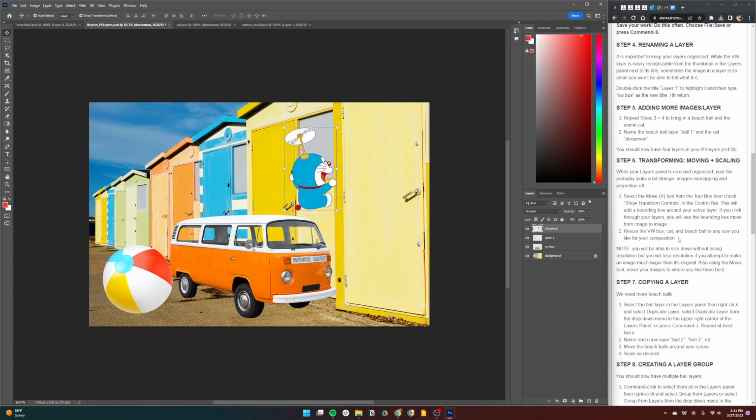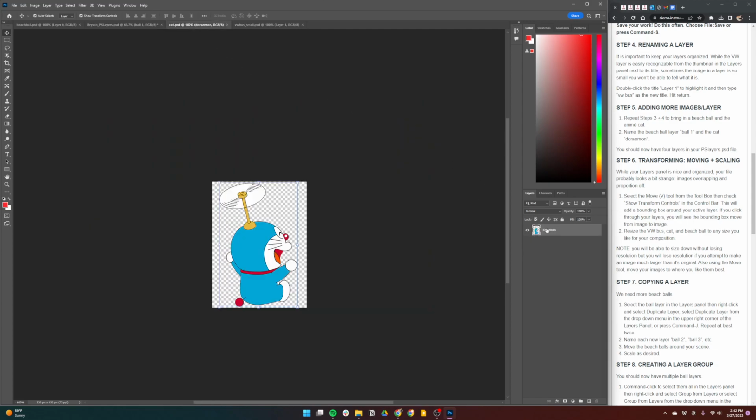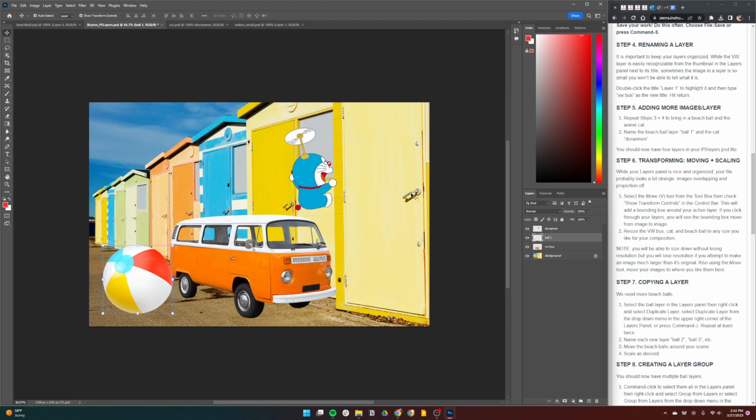So we also need to change the name of the beach ball like we did with the bus. So I'm going to call that ball 1. And Doraemon, the name has already been changed. I believe that's because we dragged it over and it just copied the name of the layer. So that's convenient. Okay,